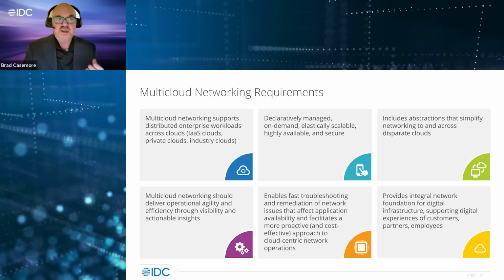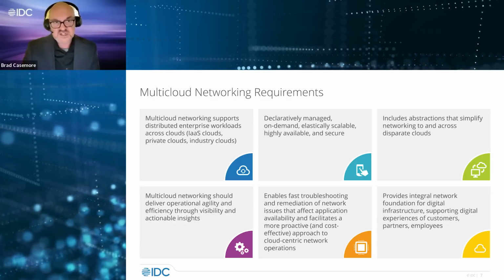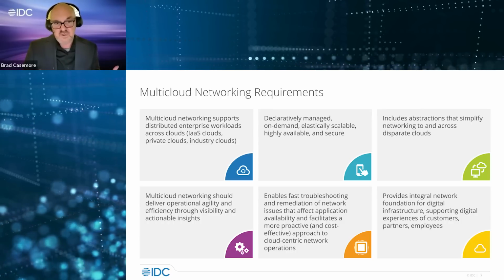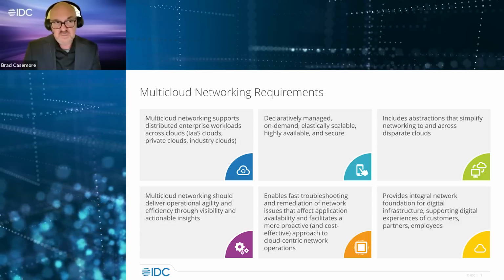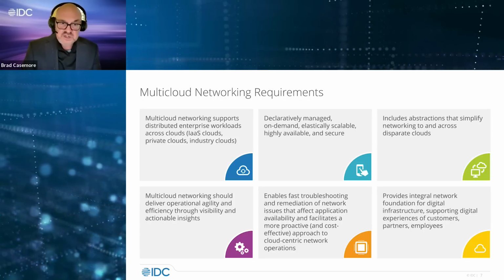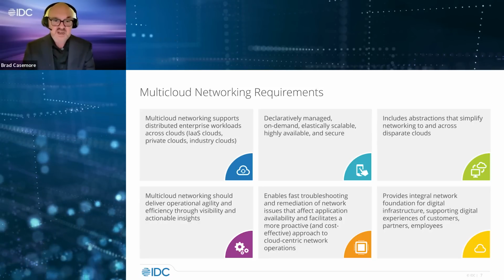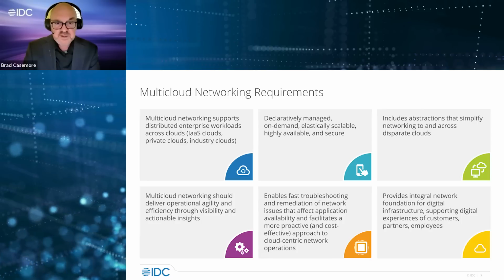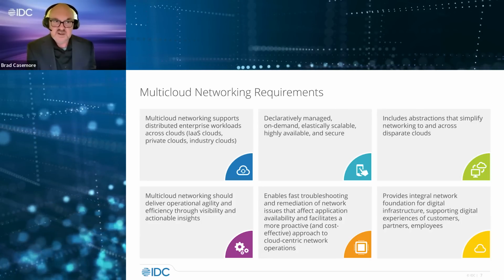And for that, you need greater visibility and observability that really confer actionable insights. I think this comes to the fore in an unprecedented way as we think about operating this infrastructure, not only on day 0 and day 1, but on day 2 and the rest of the operator's life. We should be able to use that visibility to enable faster troubleshooting and remediation of issues that affect the availability of applications. But you have to move to a more proactive and cost-effective approach here,